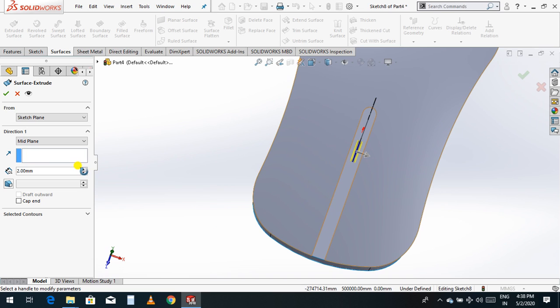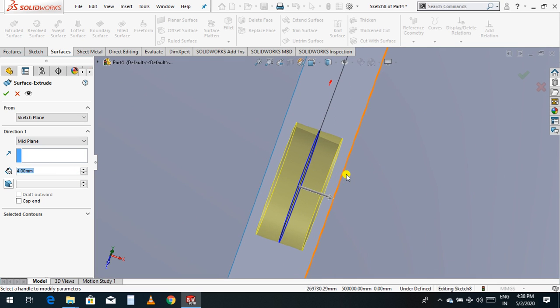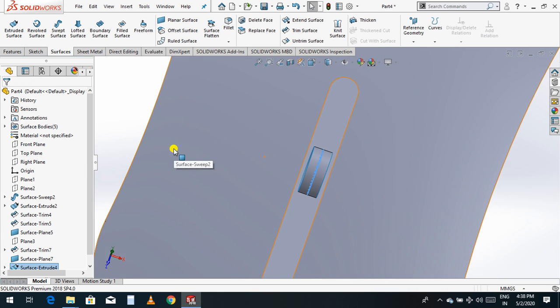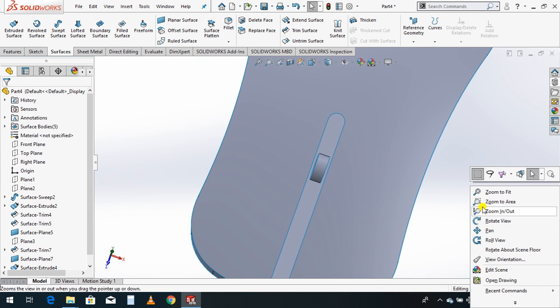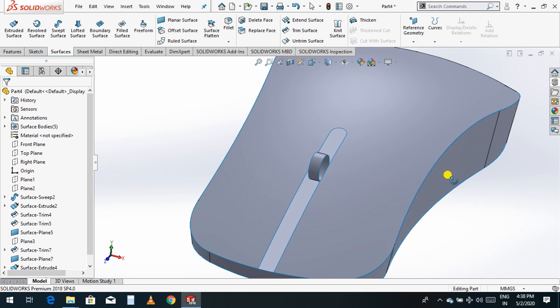If I increase it to 3, if I give 4, that is fine. 4 is fine. Select 4, OK. Now just rotate. Sorry, it should be the solid, right?